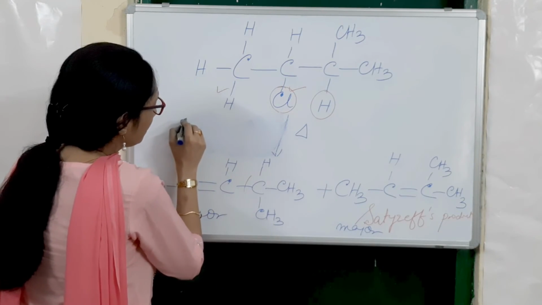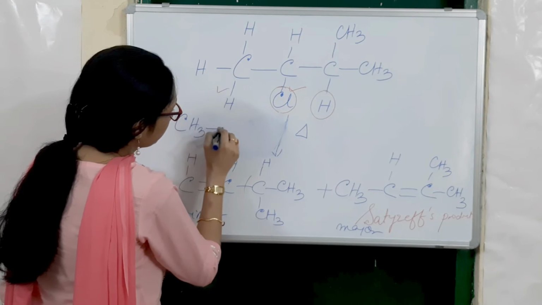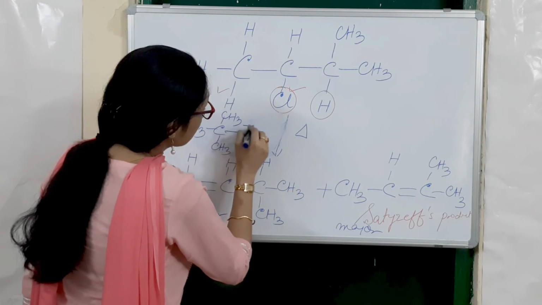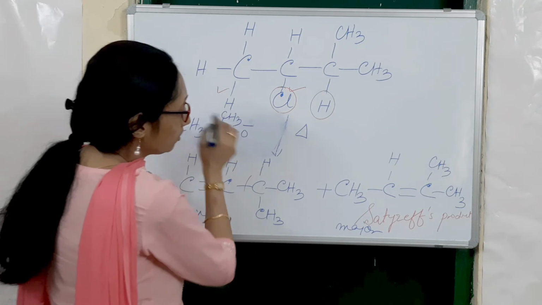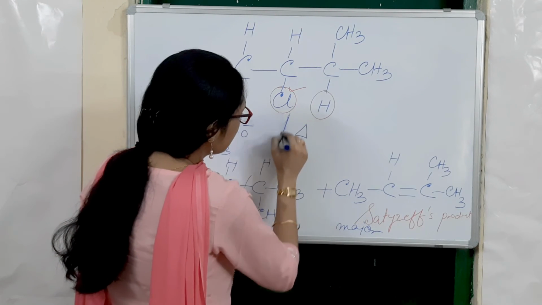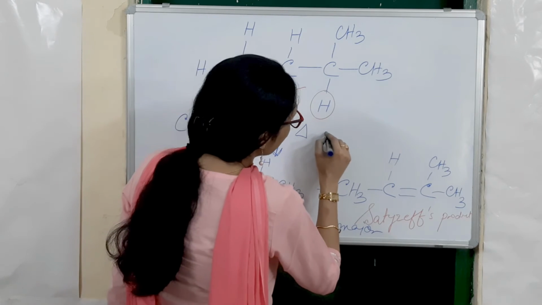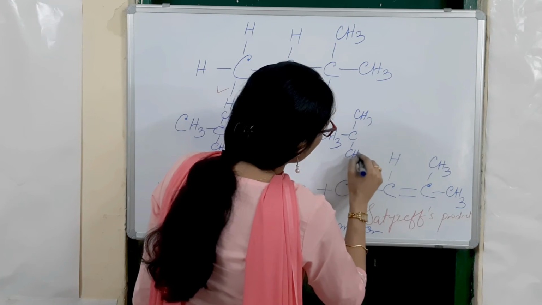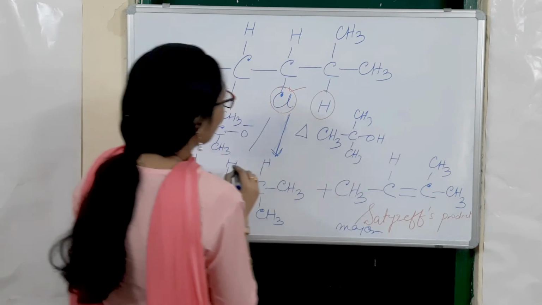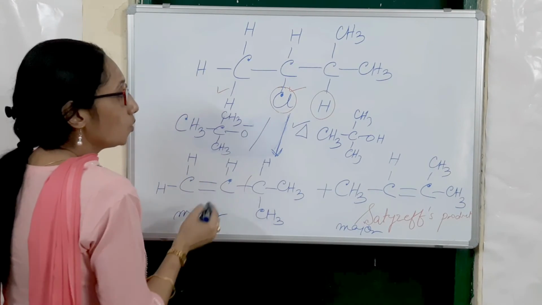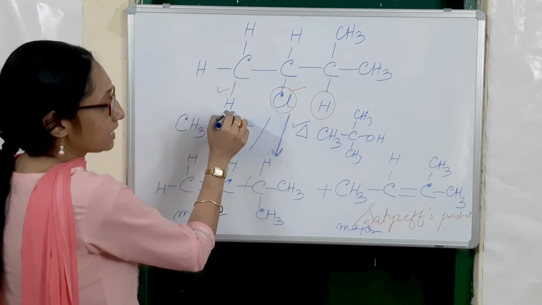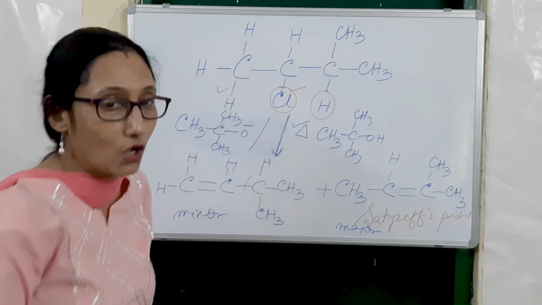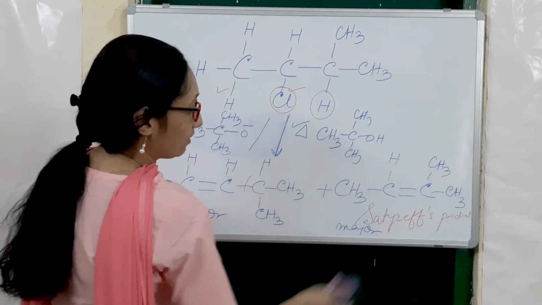Now, if I keep the alkyl halide the same and I am only changing the base, instead of methoxide here I will keep this base. This is known as tert-butoxide. So tert-butoxide ion in the presence of which alcohol? Tertiary butyl alcohol. So if you are heating this compound with tertiary butoxide ion as your base in the presence of tertiary butyl alcohol, then both these products will be formed,